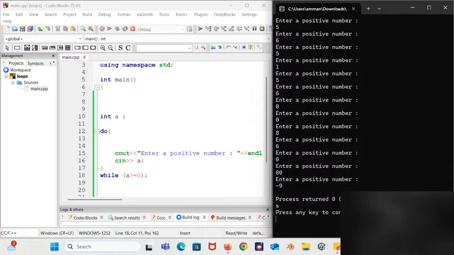Okay, so let's write a C++ program using the do while loop that is going to ask a user to input a number. Let me write the question here. Simple question.